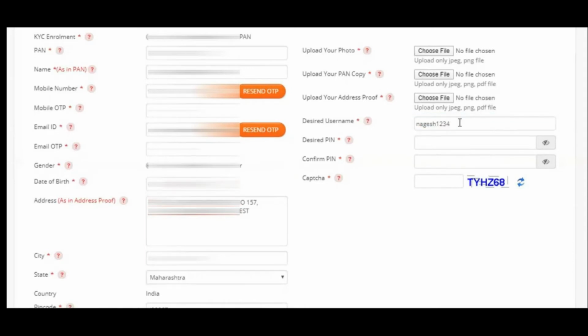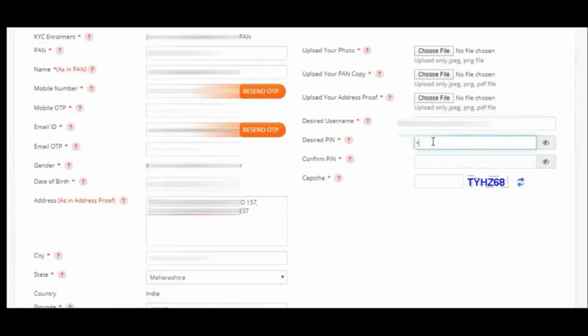So for the username, you can either select the client's name and 1234, or you can select the email ID, whatever the email ID is, baring@gmail.com or baring@yahoo.com. Or you can select the PAN number also, which is very much unique. Now it is your prerogative. You want to select PAN card as a username, client's name 1234, or his email ID itself. So I am selecting my PAN card.